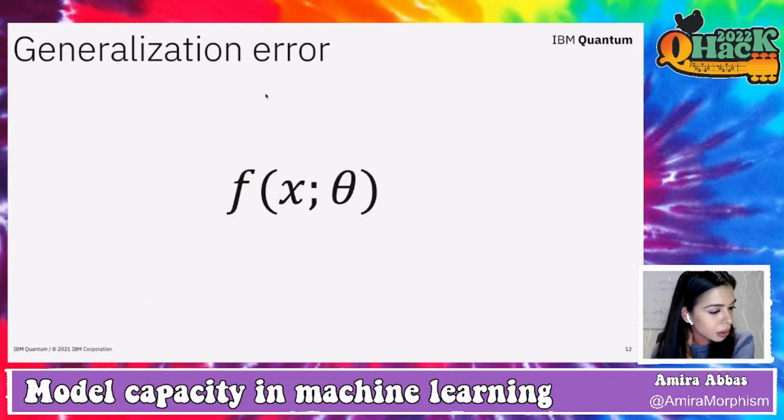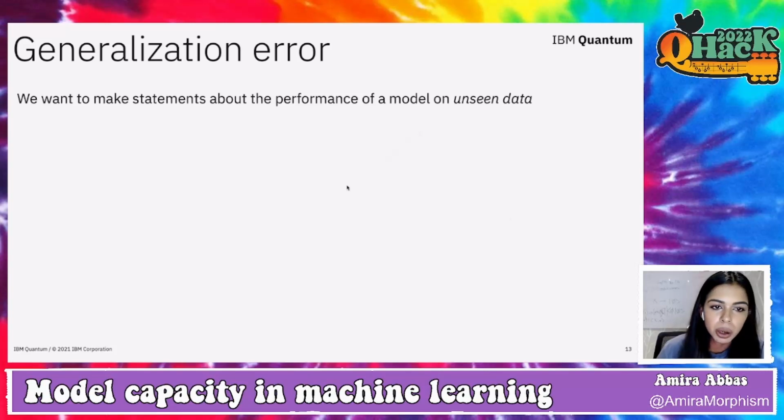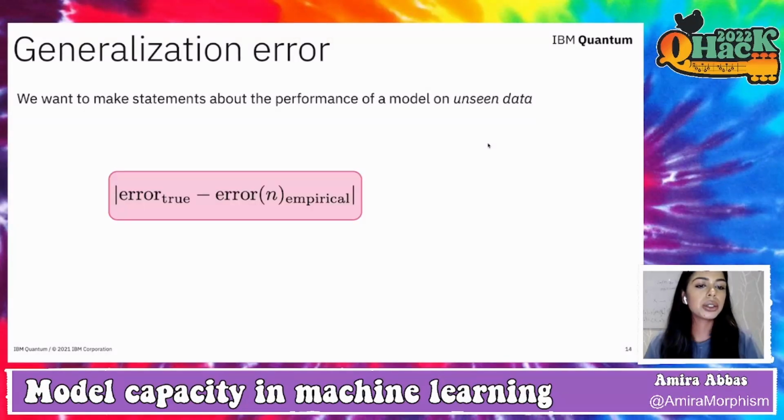And if we have a model that is parameterized, right? So it takes in some data X and depends on some parameters theta. What can we say about this model? What statements can we make about it on unseen data? And typically, what we do is we try to address this question theoretically, where we know that if we pick